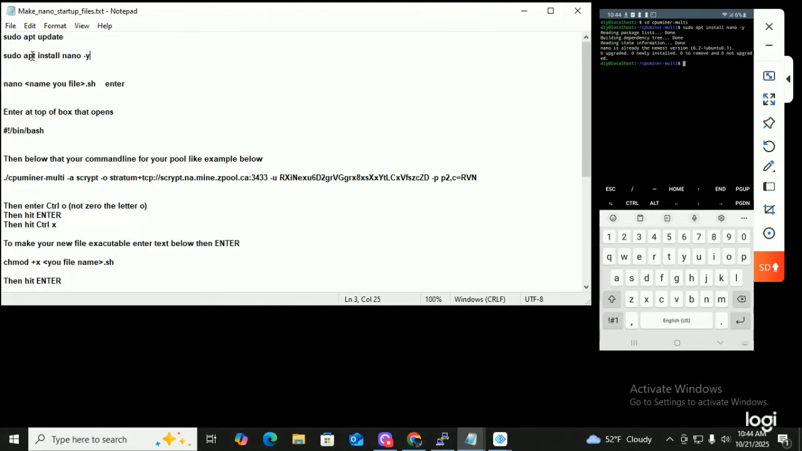All right, so we got Nano. Now, what I want to do is start my first setup of Nano, and you want to hit nano, name your file .sh. So this one here is going to be Nano for Ravencoin. I'm going to make it for Ravencoin. So nano,